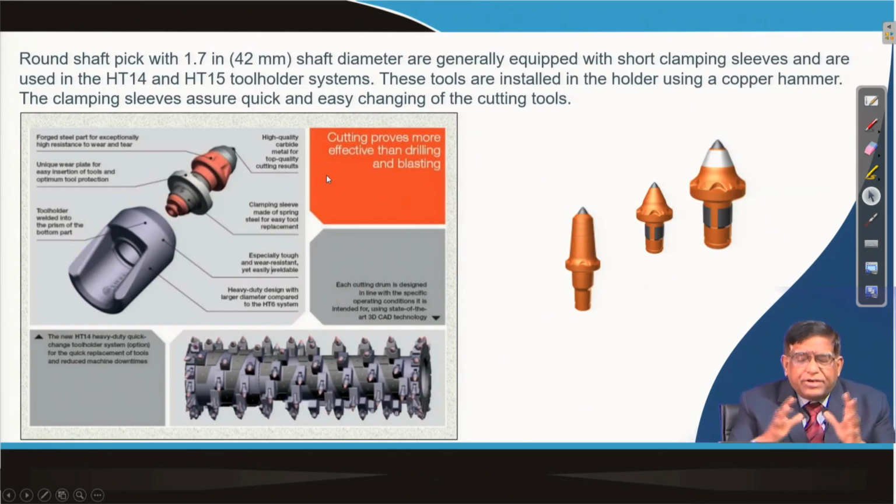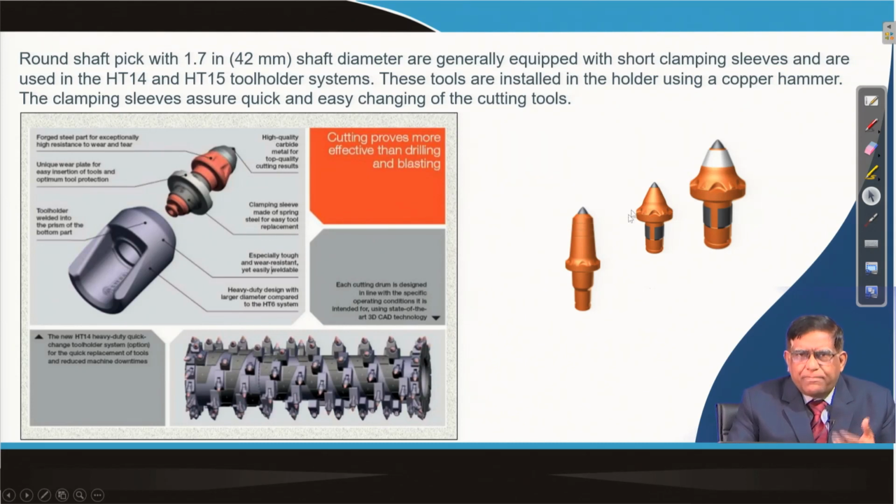Now, you can see that the picks can be of different designs, and their size will depend on your site conditions and rock properties. You will have to design what its cutting angle will be, what its clearance angle will be, the angle at which it will be mounted over here, and what type of holder there will be. One thing to remember here is that, come what may, with an abrasive rock the tooth will fail. It is a consumable unit.